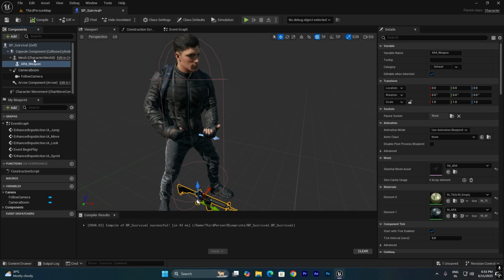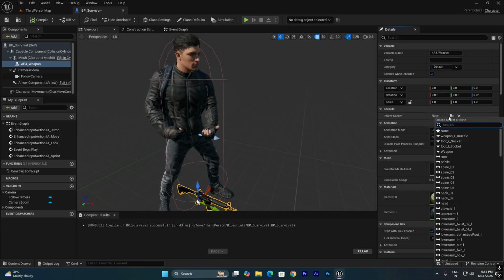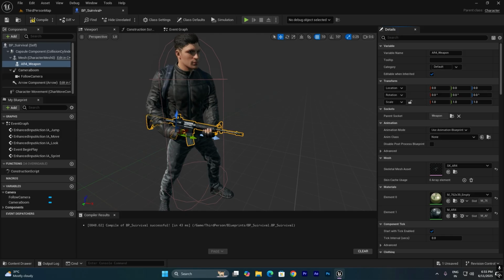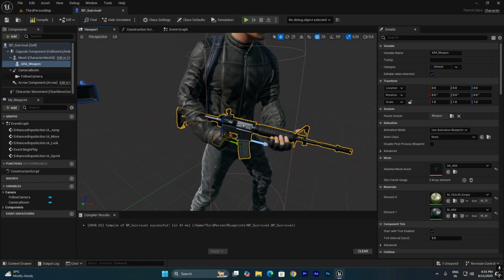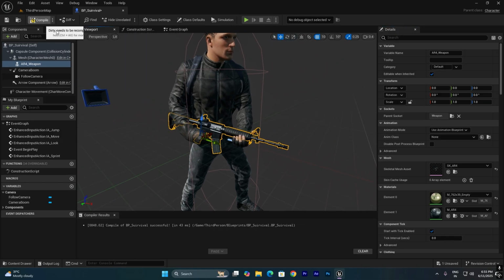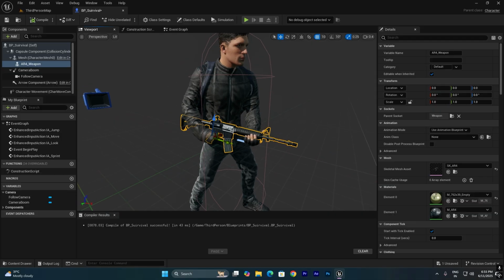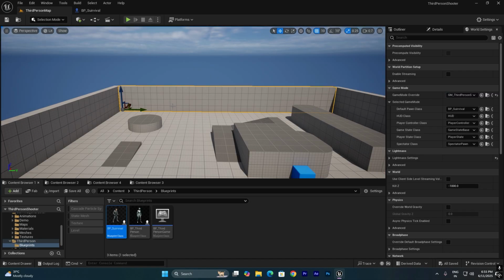To do that, we need to select the skeletal mesh of the weapon, and you can see there is an option, parent socket. We need to select this and search for the socket which we have created. In this case we named the socket weapon. See, now it has been directly attached to this position. As we have adjusted the socket position in the skeleton, it aligns properly into the hands here. Now if you click on play,